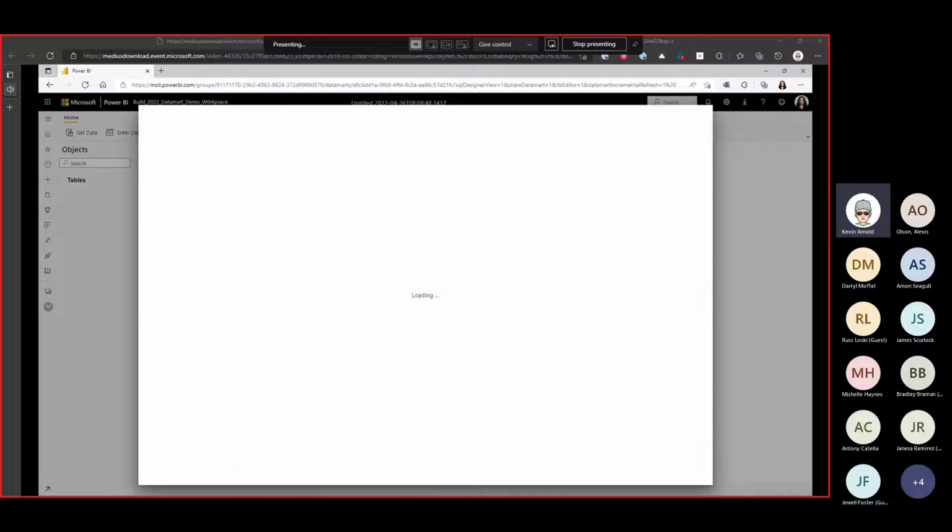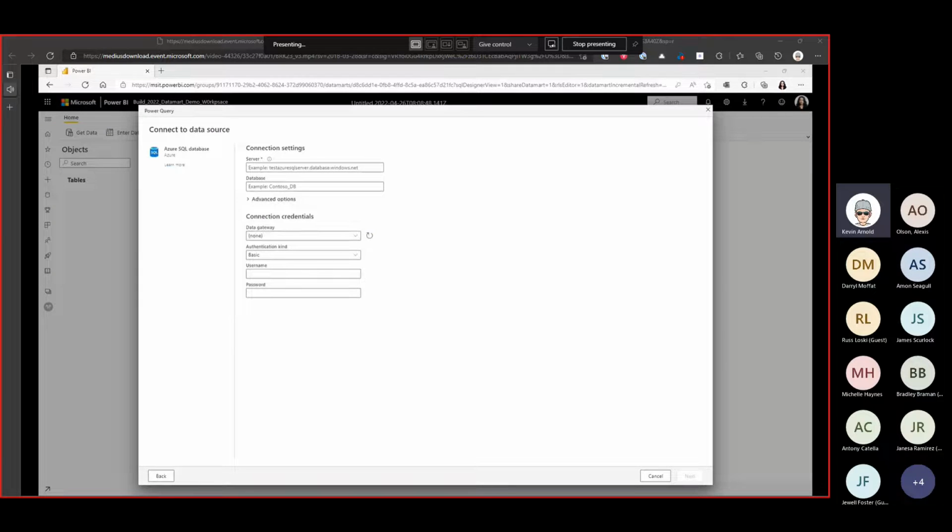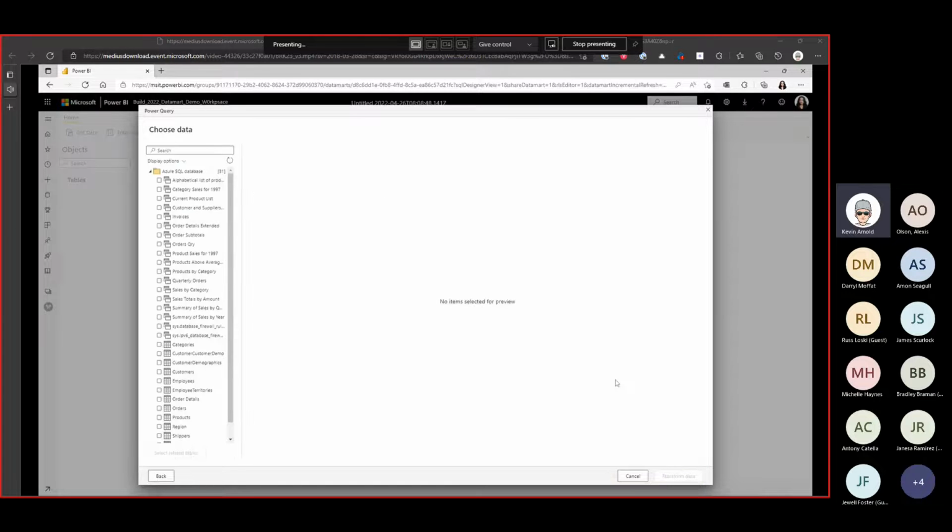For this demo, I want to do analysis on my orders. And I'm going to start with my data in my SQL Server source. I connect to the source and I enter server details, database name, and my credentials, and I click Next. Once I'm authenticated, I'm presented with the full list of tables I have access to. I choose a few tables, and then I ask Datamart to pick the rest of the related tables and start